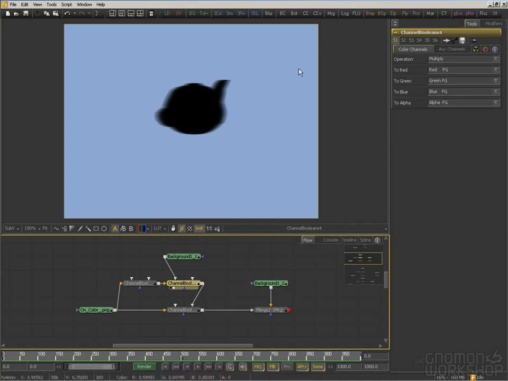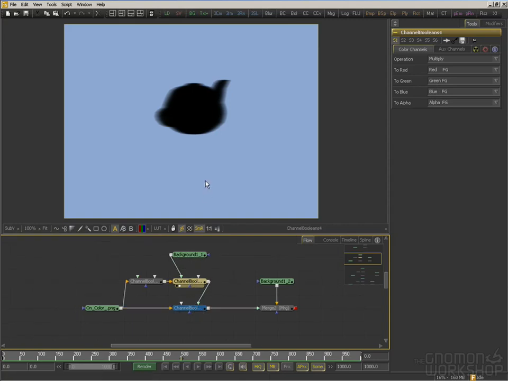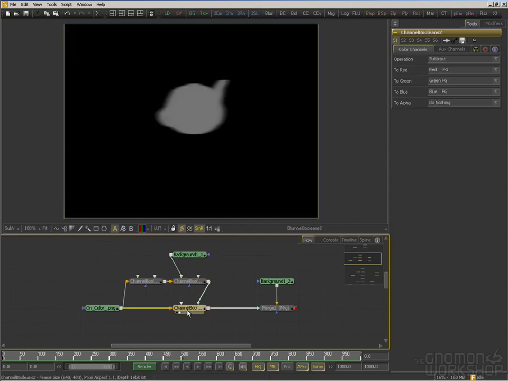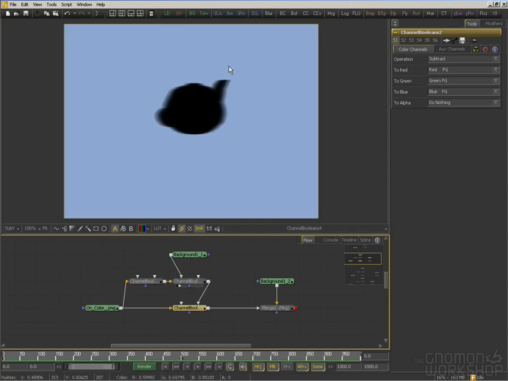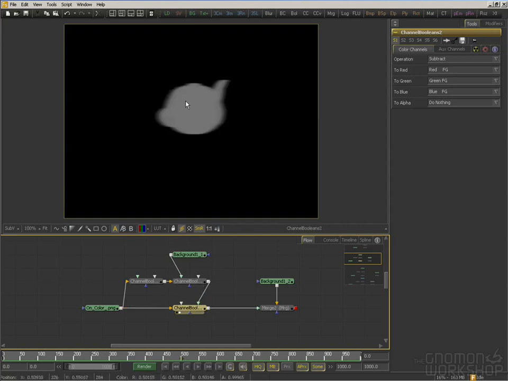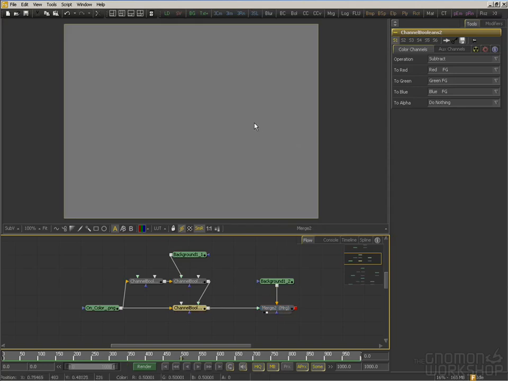So we got black and the color, and now what we can do is we can subtract it. So with this channel boolean, what it's doing is it's subtracting the RGB of this, which makes sense. See, we've got black here, so this is doing nothing, and then the color. So we subtract it. Now we've got the teapot on a black background, and when we merge it all together,